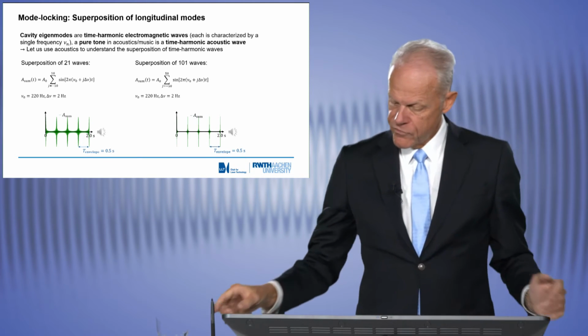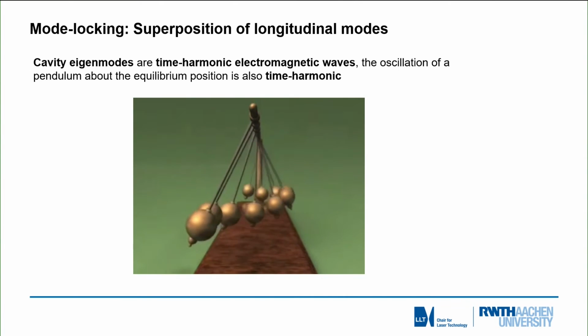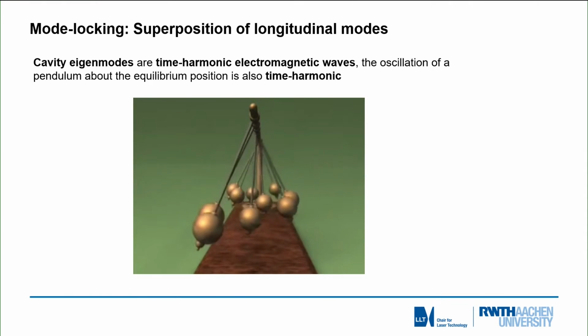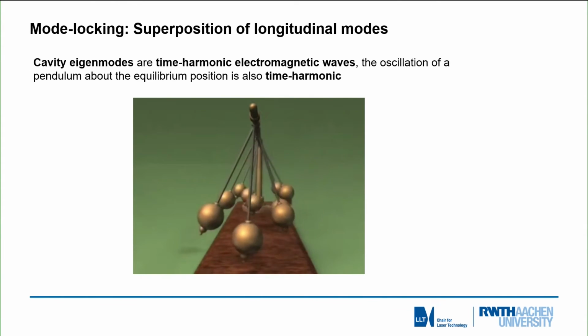So we have a wonderful video which we will show you here, and you can see the beginning with all frequencies in phase, and then due to the slight differences of the frequencies, we will have the more or less completely destructive superposition, interference, and then